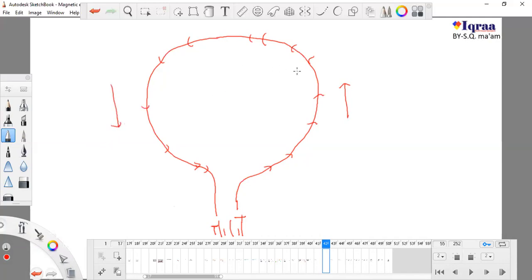Now in this loop I can make three types of straight conductors. On this side, the direction of current is like this. In this case, the direction of current is like this, and in this case like this. So if I put a copper wire here, and here, and here, to make them electromagnets, because this wire is an insulator and I want to make it a conductor. This is an insulator.